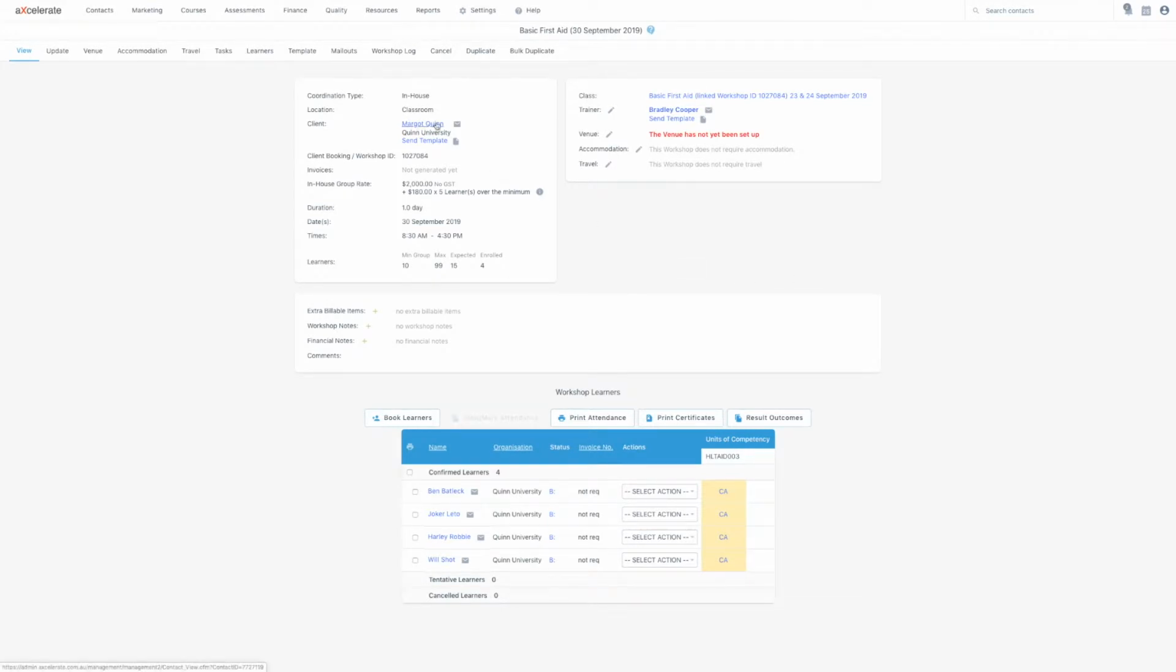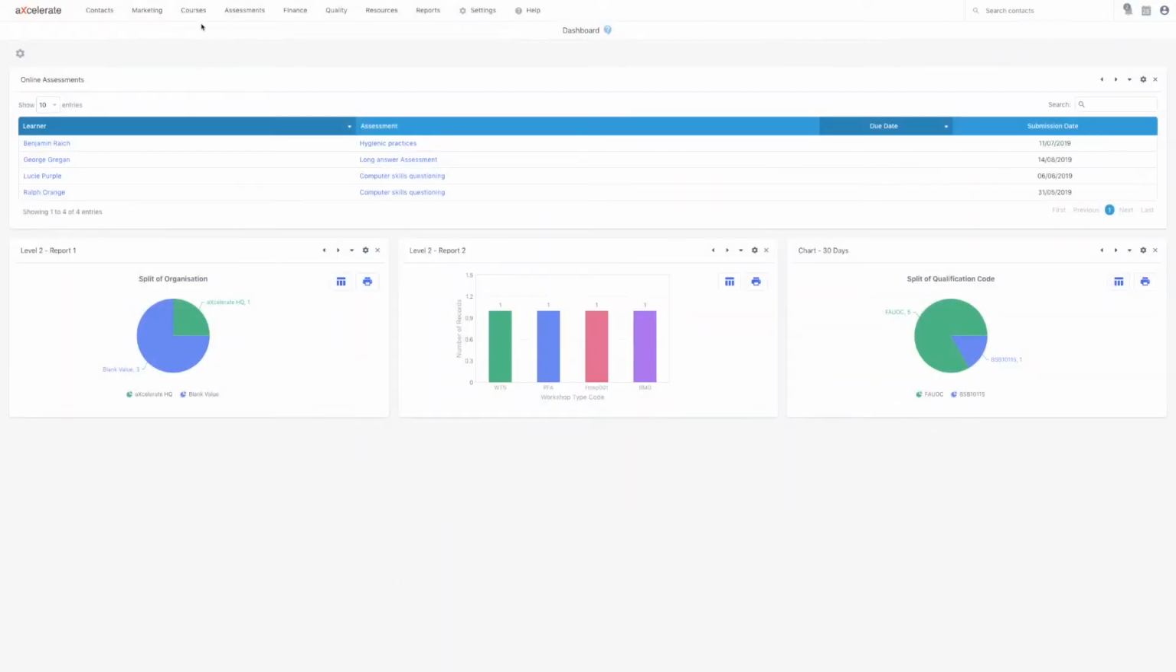In-house workshops are used for training that is delivered for a single client, business to business. The fee of an in-house workshop can either be determined by a flat rate or per person. There are subtle differences between the two coordination types, and I'm going to begin by talking about the workshop ad